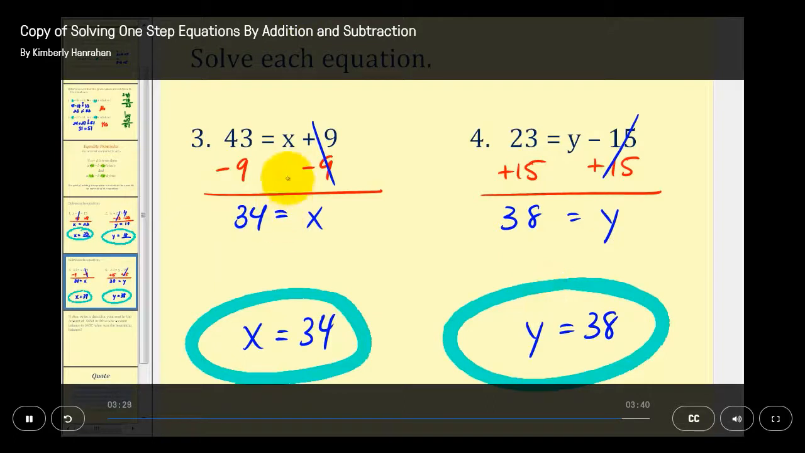Now you notice how I solved all of these equations vertically, meaning I added or subtracted right underneath what I was trying to eliminate. Sometimes you'll see these types of equations solved horizontally, but of course the result is